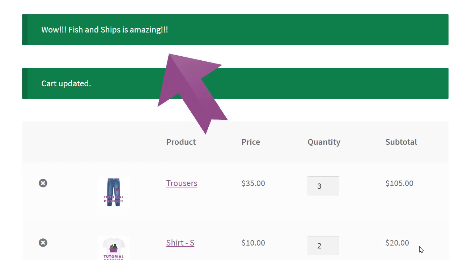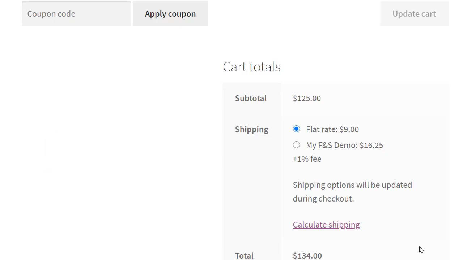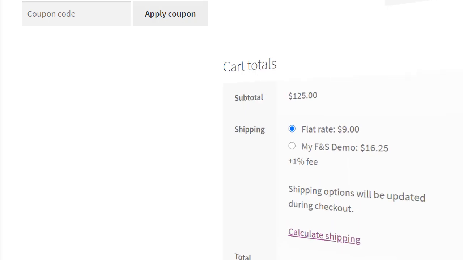It appears the message on the top. The cost is $15 plus 1% because of the third rule, and the auxiliary message will be written down on the shipping method. Here ends the second example of usage of Fish and Chips, but there is much more.